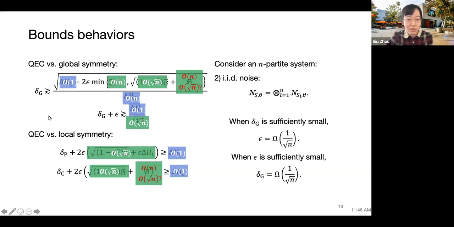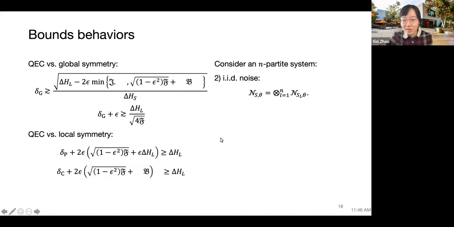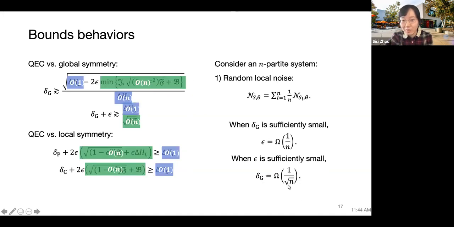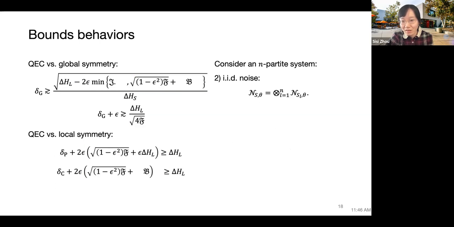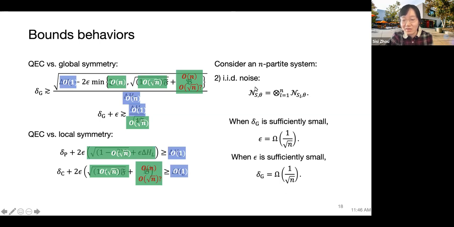And for the local symmetry part, the change from the previous slide is that the lower bound of epsilon is going to be 1 over the square root of N instead of 1 over N. So basically the scaling of delta is the same, but the scaling of epsilon is going to be different. So epsilon could actually be larger if we have this ID noise. Basically that's a signature that